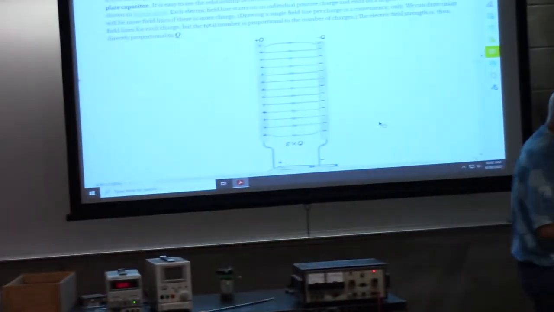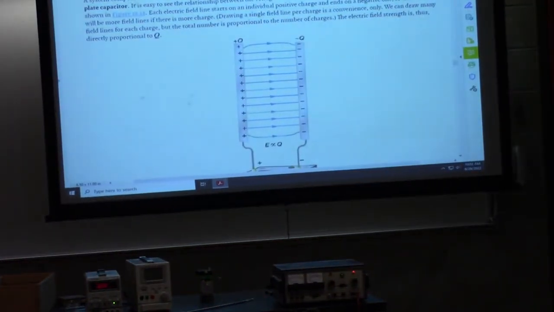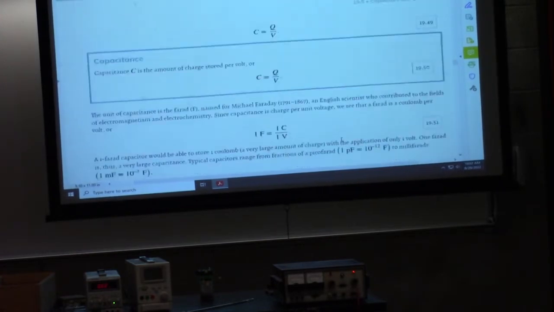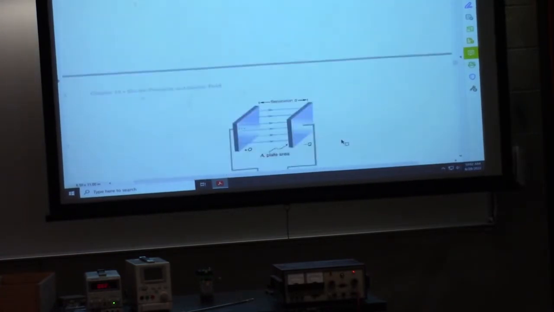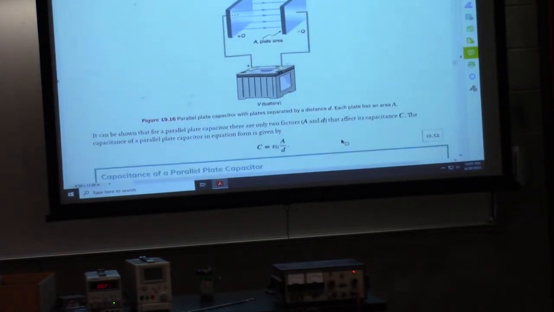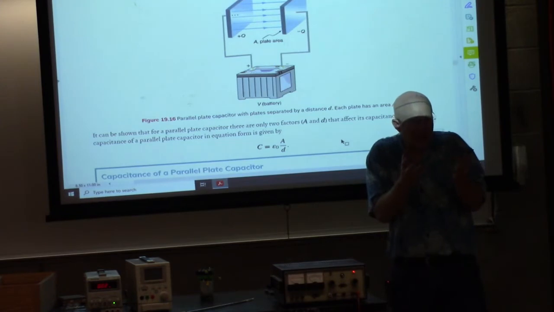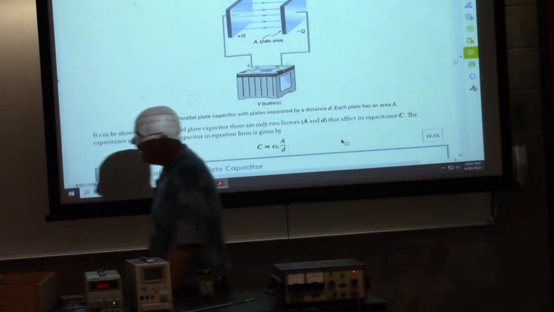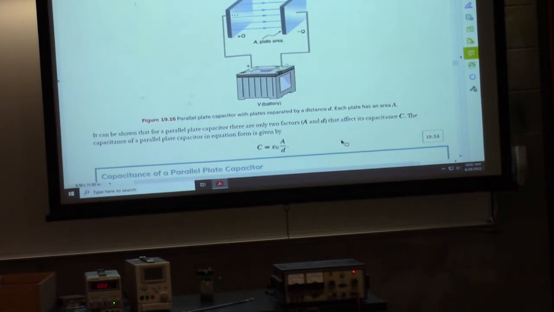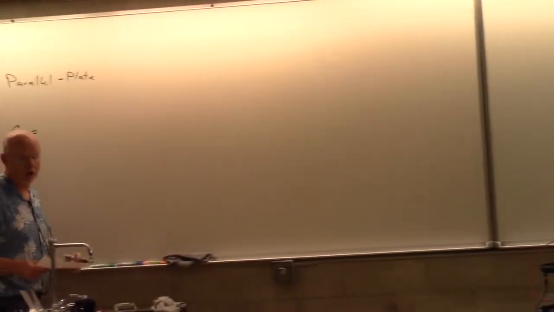This parallel plate, like here, is a nice one. And your author keeps using it because this is the uniform electric field. And in this uniform electric field, it might be nice to ask, well, how much capacitance do we get? And your author kind of gives you a nice equation without proof, and so I'll do kind of the same thing. Your author says how much charge you can get on there per volt, in other words, what is the capacitance, would depend upon,